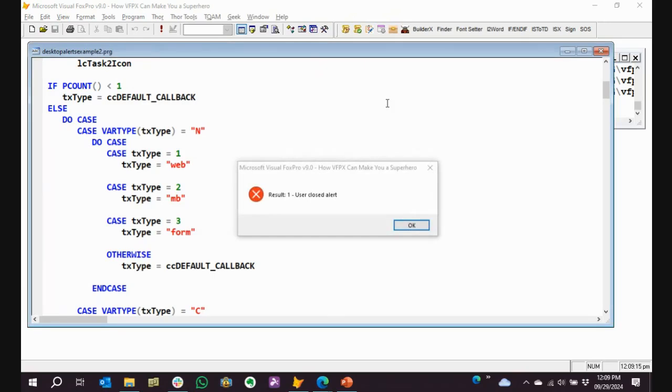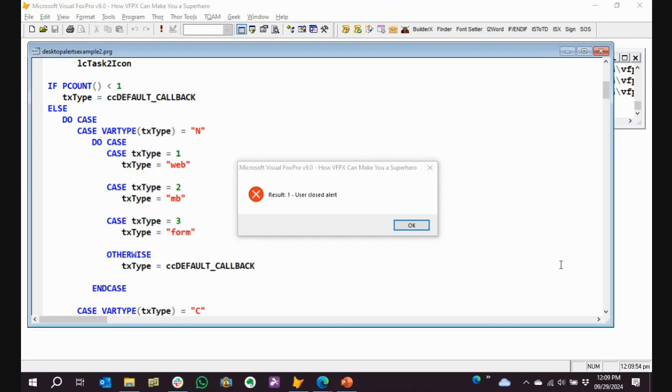Yes. This question is actually for Noel. Off the top of your head, do you know if you could call that from Parallel Fox? The question was, can you call desktop alerts from Parallel Fox? And I would think you could. It's just FoxPro code, right? I think I'd actually done that in the SAP example like 10 years ago. And another great way to spawn off that many more alerts simultaneously. Fill up your screen a little faster.